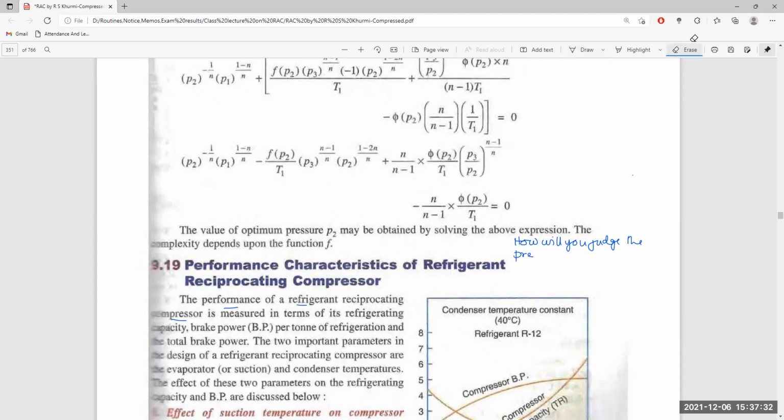Performance of refrigerant reciprocating compression,